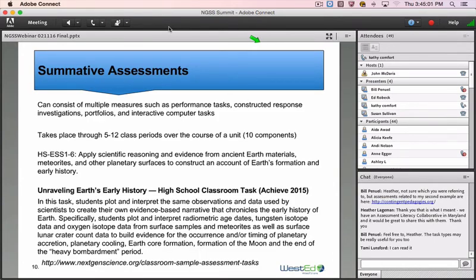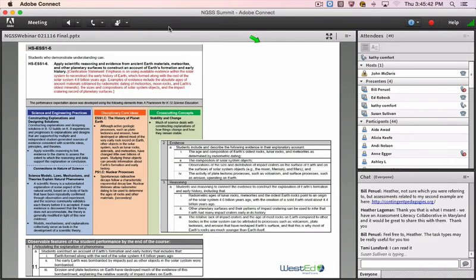Again, this is just getting that part. In this last task, this is a summative assessment, and it was developed by Achieve, and it's on their website, and the website is at the bottom. Bill also has a website in his presentation, and it's intended to be administered over the course of a unit. It contains 10 interrelated assessment tasks or items, and these 10 get at the elements of performance expectations. So some of the items within this task address DCIs, others get at the practices, and others get at the cross-cutting concepts. But together, these 10 components measure the 3D learning as represented by the performance expectation.